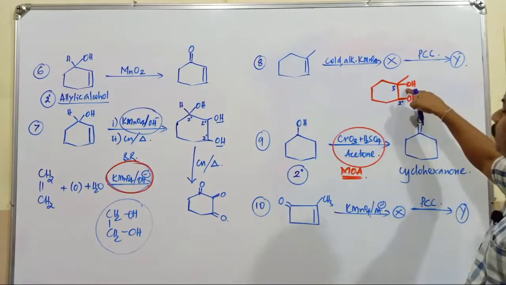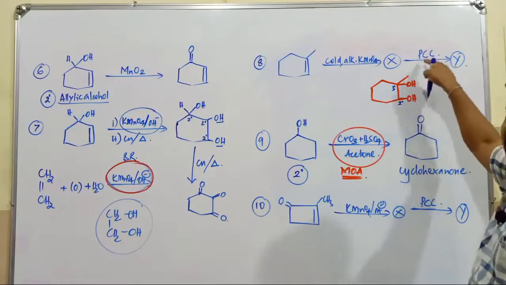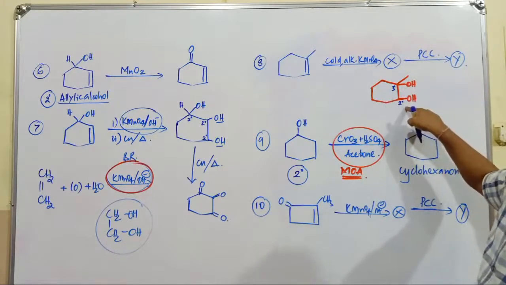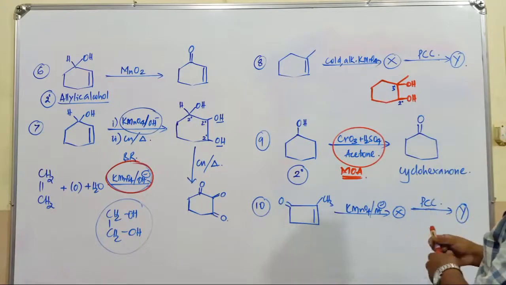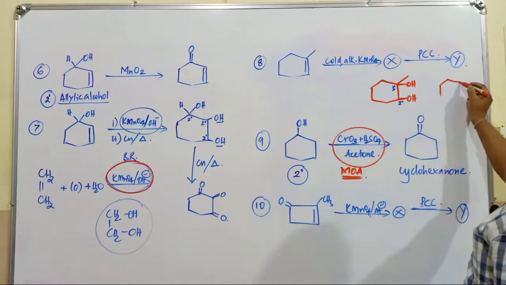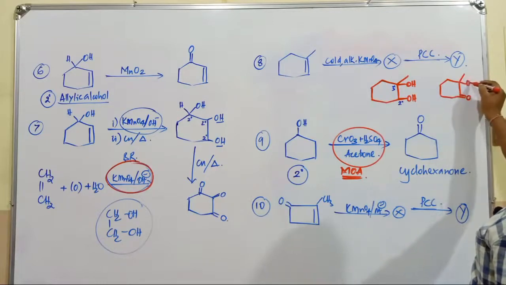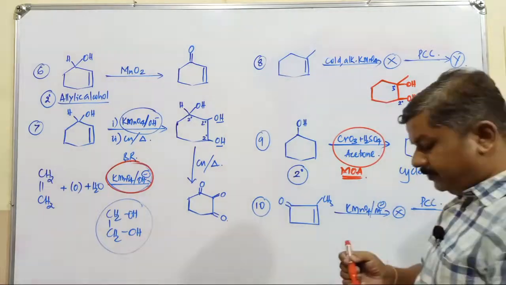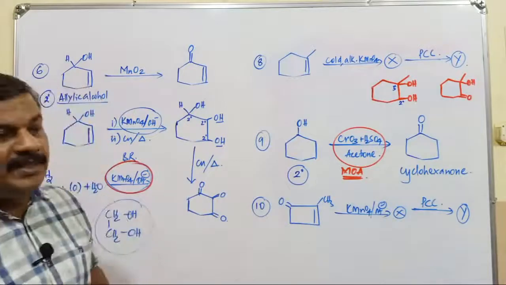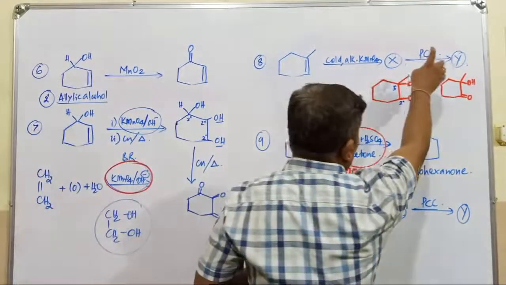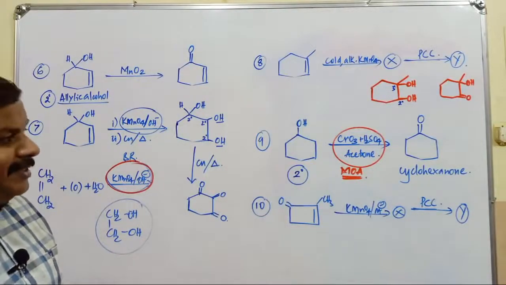On the tertiary OH group, the compound containing tertiary alcoholic functional group, PCC has no effect. It converts the secondary alcoholic group into what? Ketonic compound. So the final product of this reaction with PCC is going to be this: double bond O, this is OH and methyl group. So that is the product obtained in case of oxidation in presence of cold and alkaline KMnO4 followed by PCC reaction. Pyridinium chlorochromate.